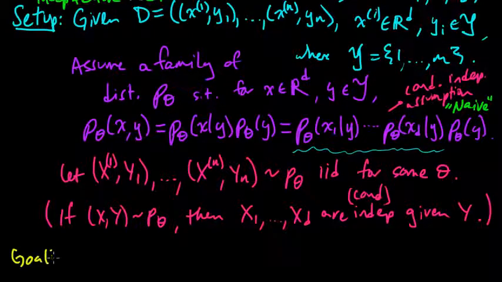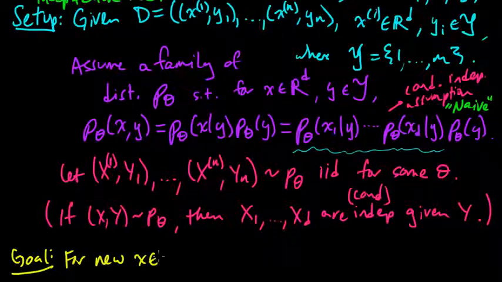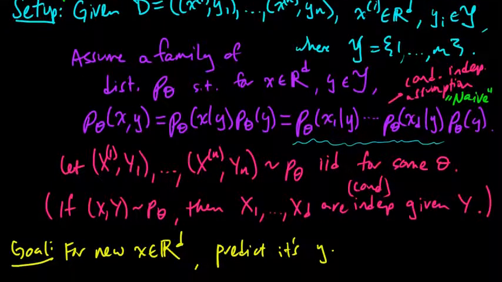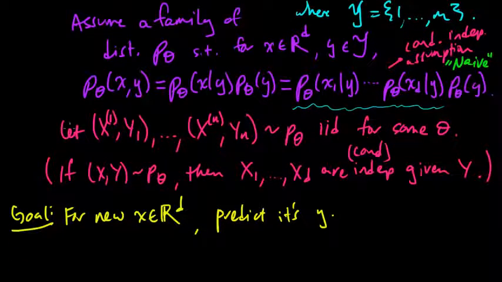So our goal is, for a new x, we get some new x in R^d, classify, or I'll say predict, its y. So we want to predict the class for that x. And under this model, how will we do that? Well, we will do the following. So the algorithm